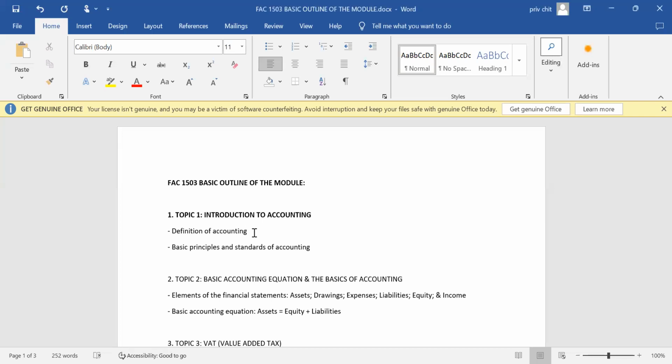So as you already know, when it comes to FAC 1503, it's a module arrangement, meaning to say that there is no examination in this module. However, each one of the assignments that you'll be doing contributes towards your final mark on your transcript. So it's very important that you have a good understanding of the content explained within this module, and that whenever they bring an assignment, you understand what is being tested and how to approach the assignments in that regard, right?